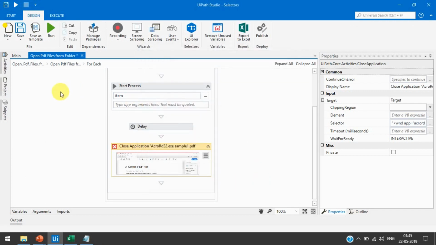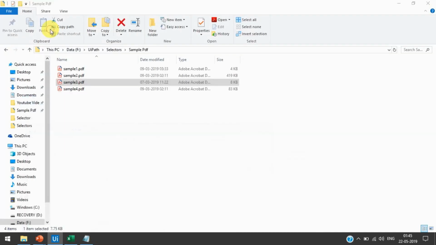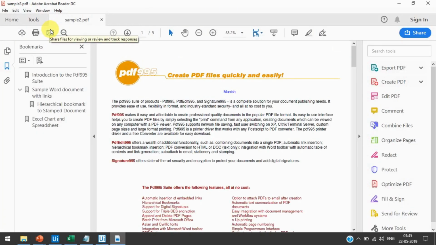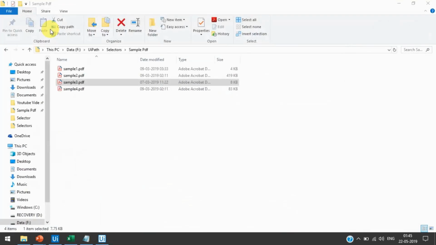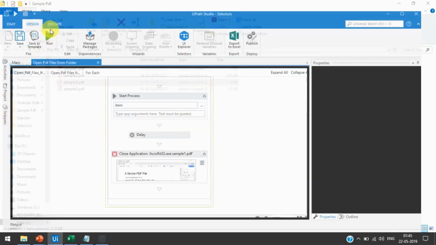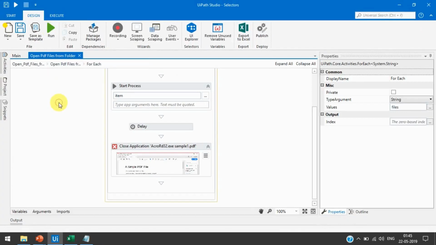Let's run this again and now you can see we will not be getting any error here. Sample 1 is closed, sample 2 opened and closed, sample 3 opened and closed, and sample 4 opened and closed, right?